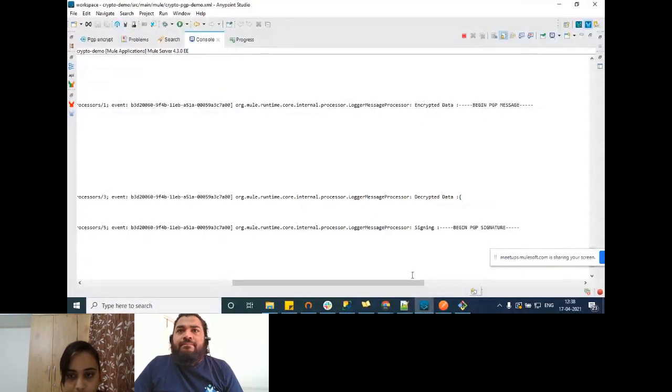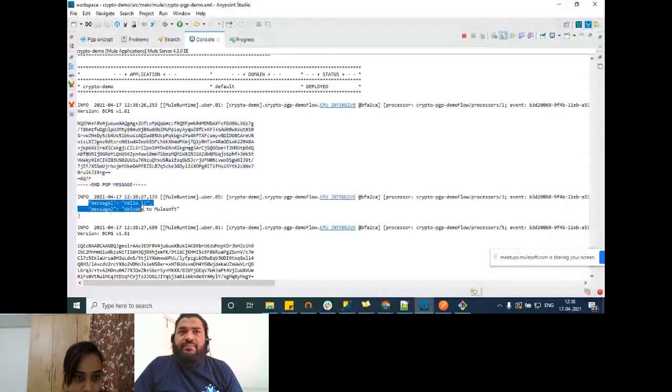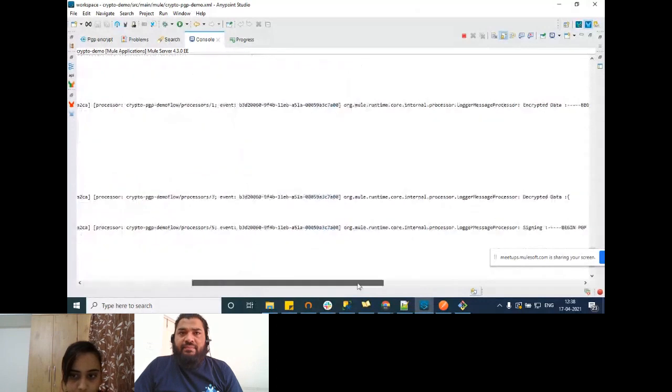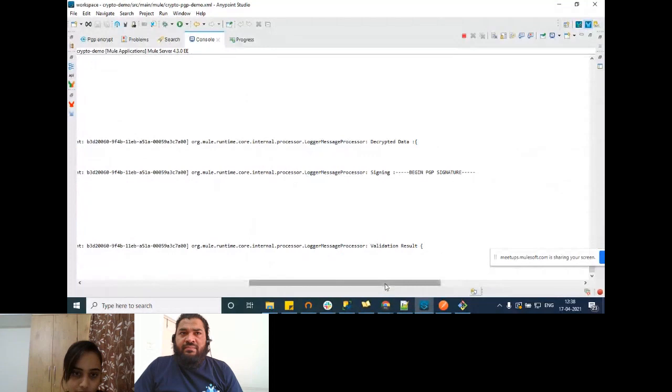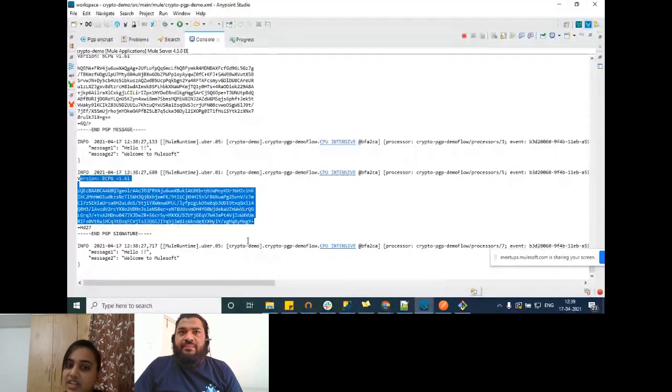This is the encrypted data for PGP, so this is how it has encrypted the data. Then for decrypting, it has decrypted the messages. For signing, this is the signed message. And for validation, I've just printed the same payload we are getting. In case there are any failures in validation, it will throw an exception.